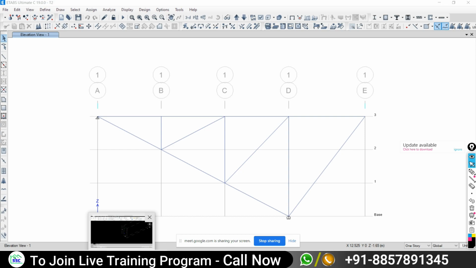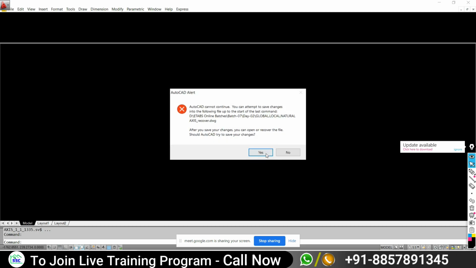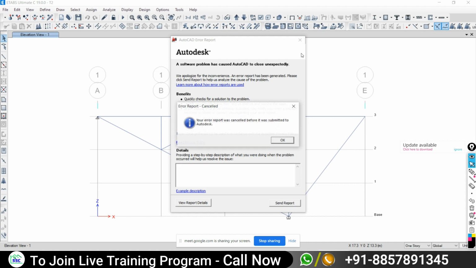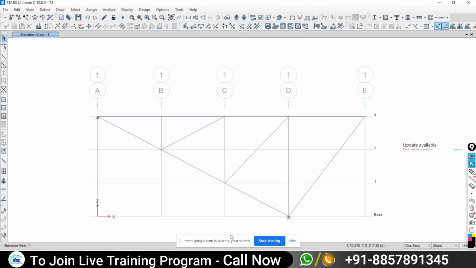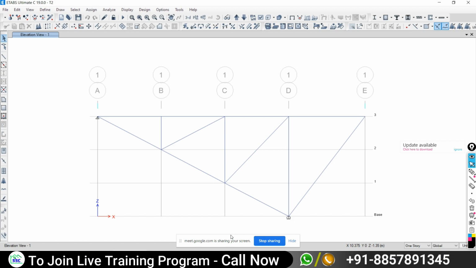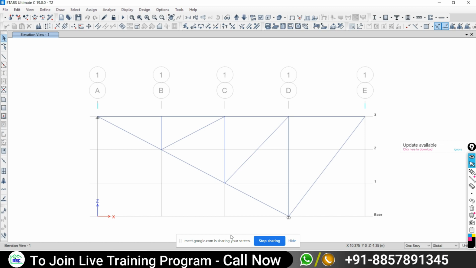As we have discussed in the previous session, there are different types of axis systems. What are those? First one is your global axis, second one is your local axis, and third one is your natural axis. Natural axis is not much in use. Actually, we have to focus on two axes: one is your global axis and second one is local axis. Among these two, majorly we have to discuss the local axis, meaning the axis of a particular element. The axis system which represents any particular single element is called the local axis.